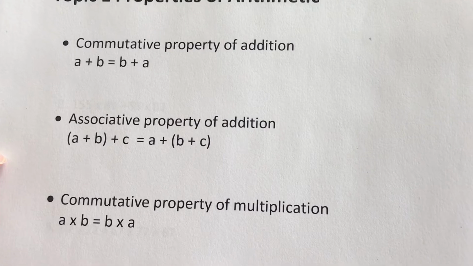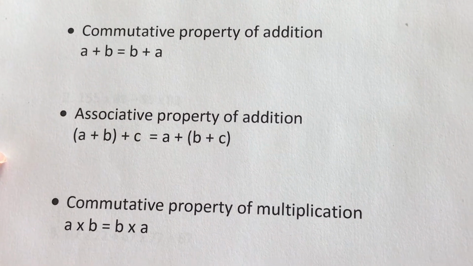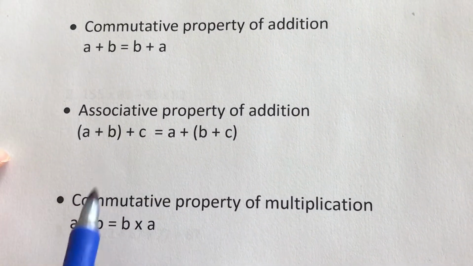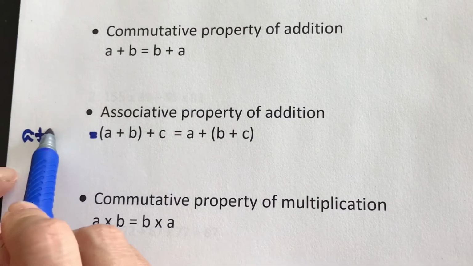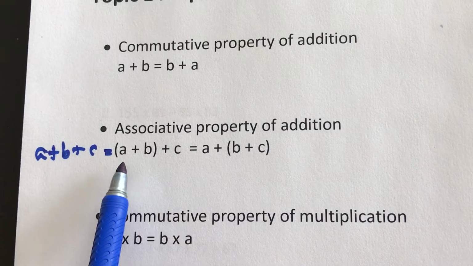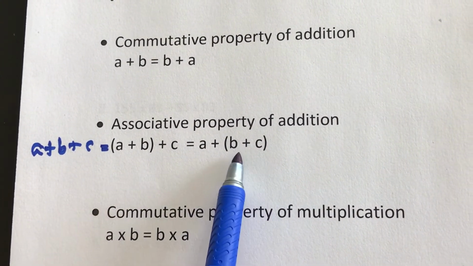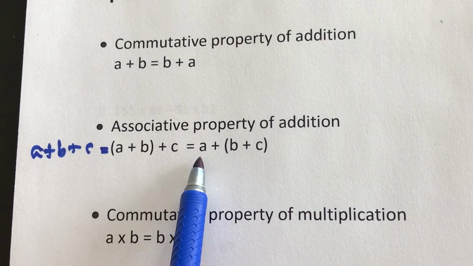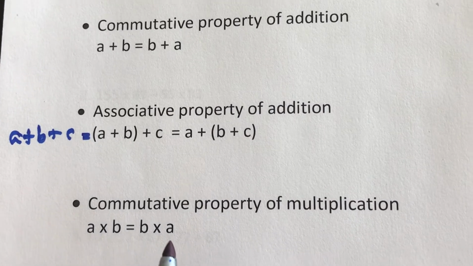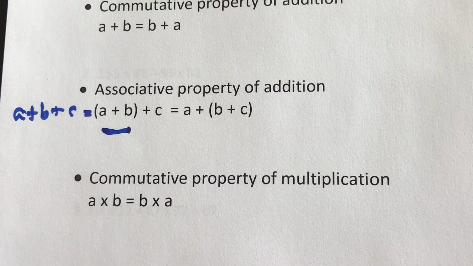The second property is the so-called associative property of addition. Now instead of two numbers, you have three numbers adding together. You have a plus b plus c. And how do you carry out this addition? You can add up a plus b first and then add c, or you can add b and c together, then add a. The answer would all be the same. But as we'll see later in the examples, sometimes, depending on which two numbers you pick, that can